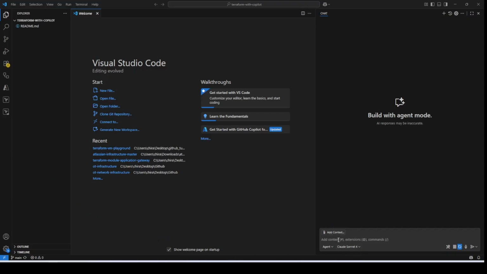So I'm going to ask it to act as a lead platform engineer. So we're asking Copilot to act as a lead platform engineer for Azure, and then we are asking it to create